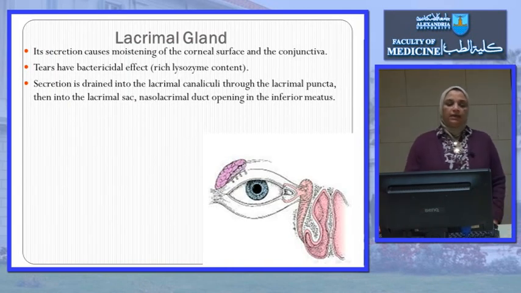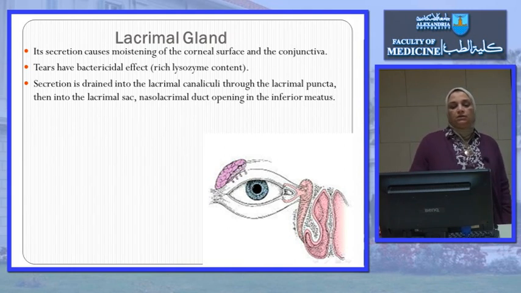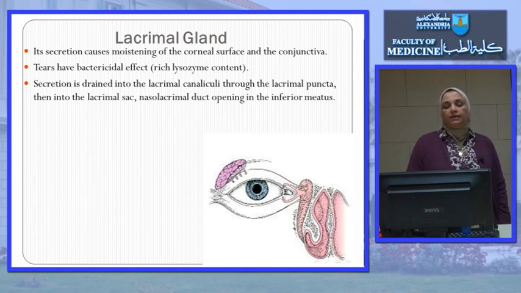The lacrimal gland, its secretion causes moistening of the corneal surface and the conjunctiva. Tears have bactericidal effect, rich in lysozyme content, and the secretion is drained here by lacrimal canaliculi. Here are the tears secreted from the lacrimal gland. They will go into the fornix of the eyelid, will go to the surface of the eye, and will be drained by, first, lacrimal canaliculi through two puncta here. These are the lacrimal canaliculi into the lacrimal sac, and then through the nasolacrimal duct to open into the inferior meatus